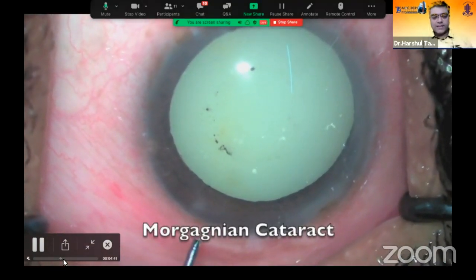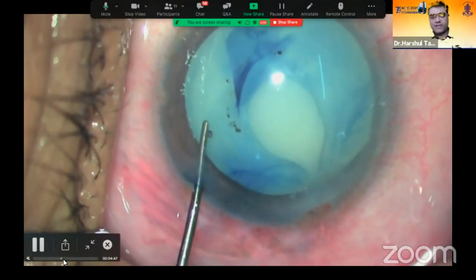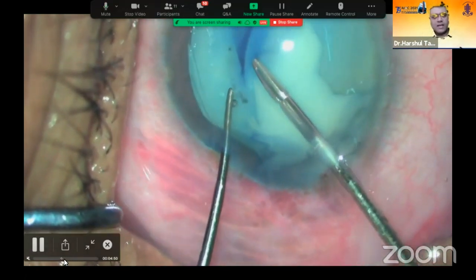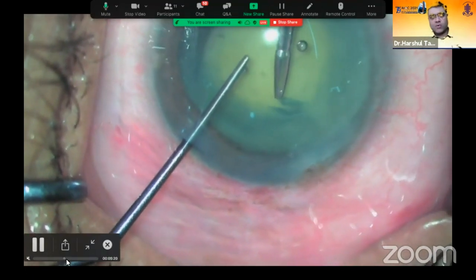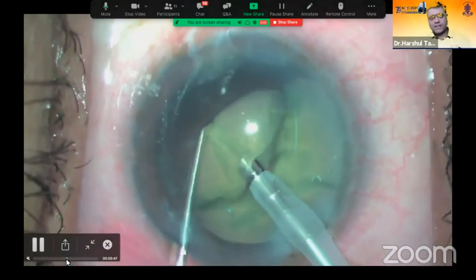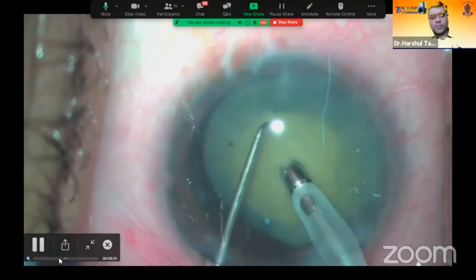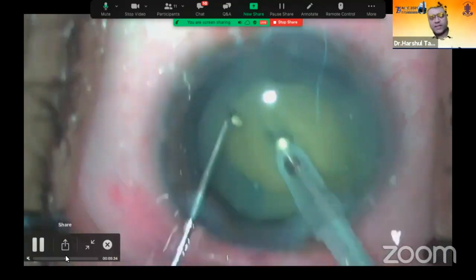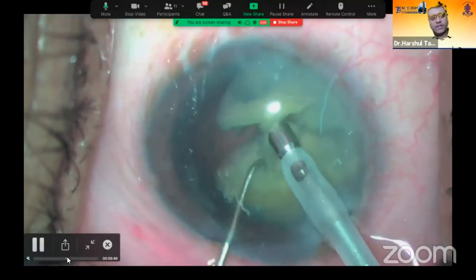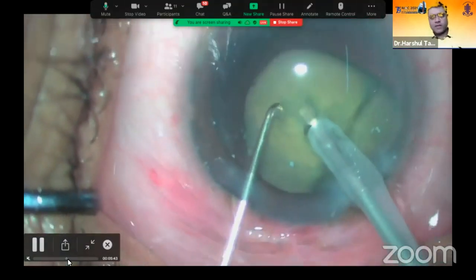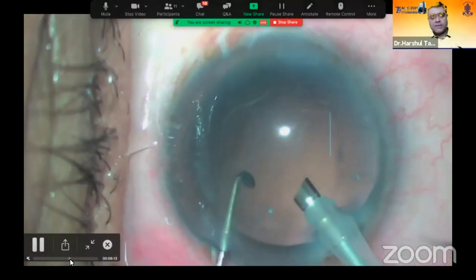Coming to Morgagnian cataract, another type of white cataract, the problem here is not of raised intracapsular pressure, but the problem here is of the weak capsular bag and weak zonules, and these capsular plaques which are there on the anterior surface. And moreover, the nucleus there is smaller in size, and it's freely mobile in the capsular bag. So chopping becomes tricky in these kinds of cataracts. So the trick here is to embed the phacoprobe, get it up, and do the horizontal chop, get your chopper from the equator. And once you get it from the equator, it becomes more effective. And moreover, you are away from the posterior capsule, and you eat up.